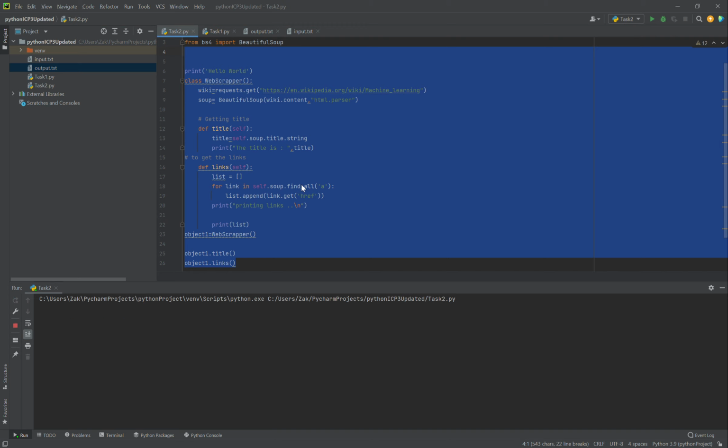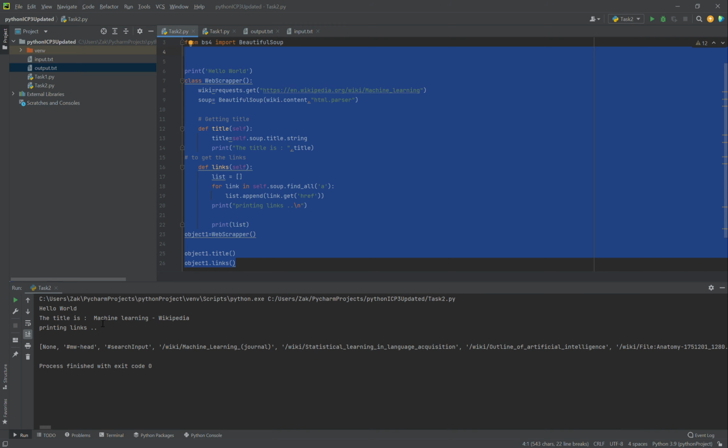Let me rerun this. Hello world, machine learning Wikipedia, that's the title. Then the printing of links. So all these links have come from this page, right? So that was the